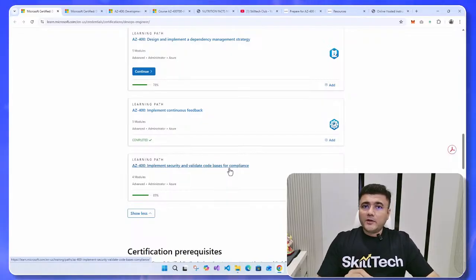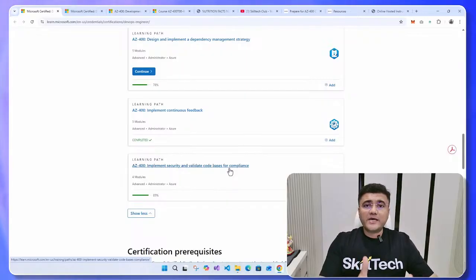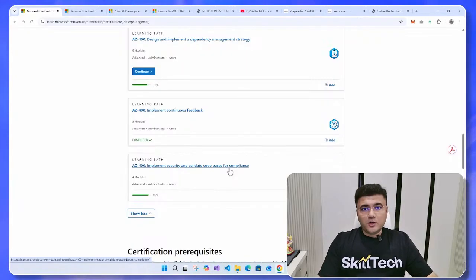Remember, I'm not talking about continuous deployment. The ultimate goal of DevOps is basically delivering value to a satisfied customer. And how will the value be delivered? Well, value will be delivered to a customer when you deliver a successful product without any bugs, without any issues, with minimum cycle time. And that's what this whole course is actually focusing on.